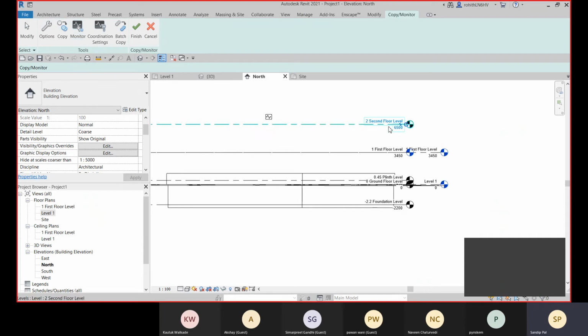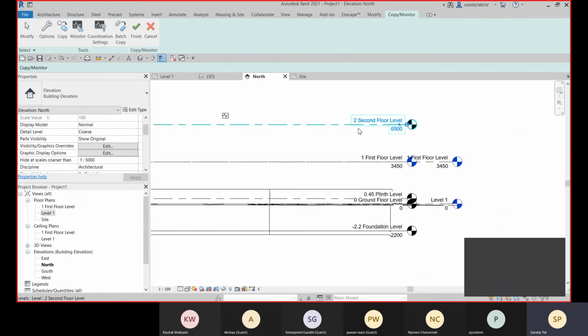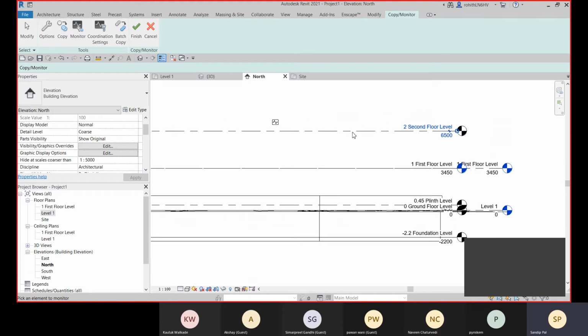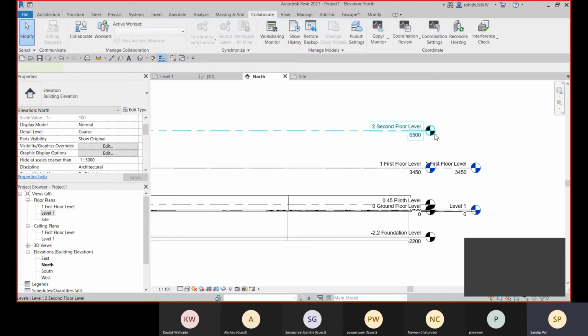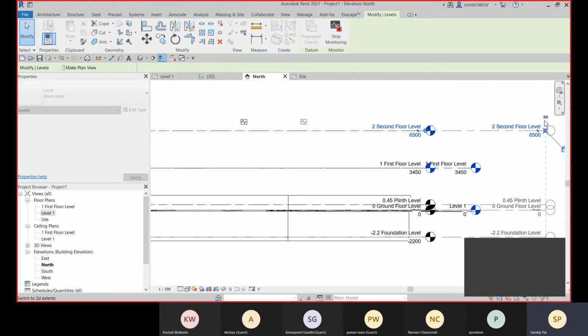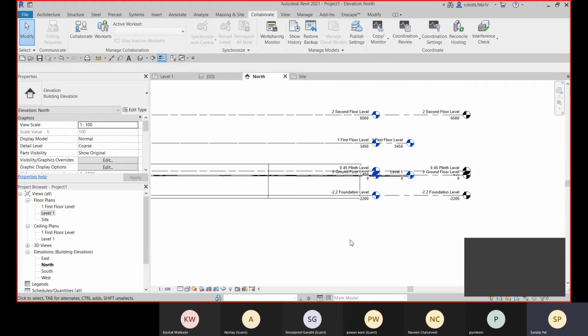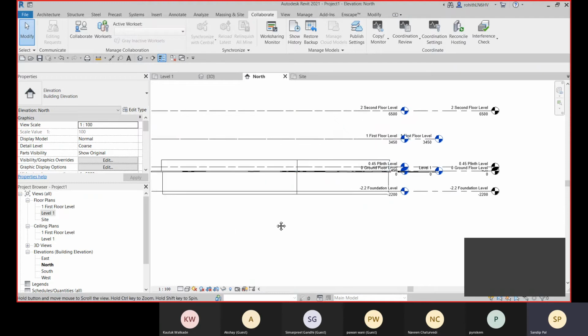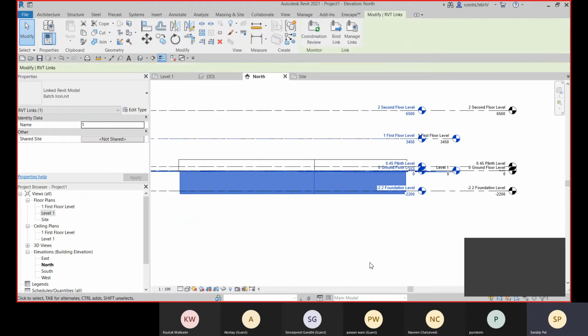Okay, because the two grids, two levels are aligned on top of each other, that's why it is monitored right now. All right, now you can see these are the levels which you have created, and this is your link file.